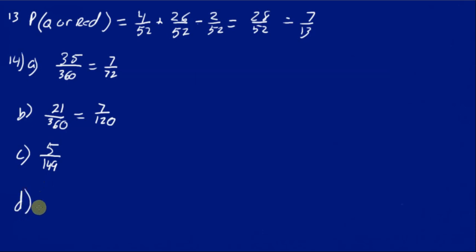D, we have a very satisfied or. Well, as soon as I see or, I'm going to use my addition rule. Very satisfied is the bottom row. There's 107 out of 360. Or, so I'm going to add to that TV ad. TV ad is the middle column, so that's 108 out of